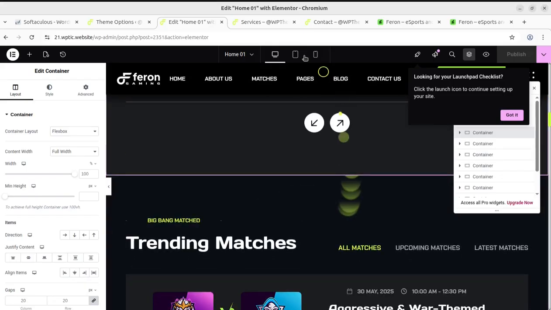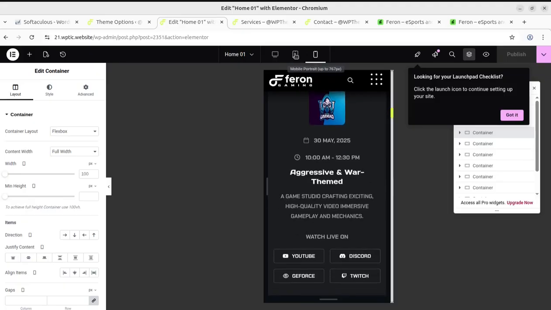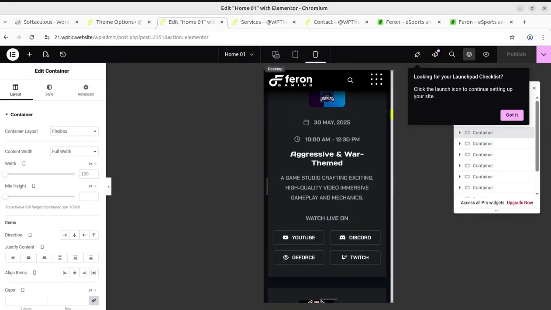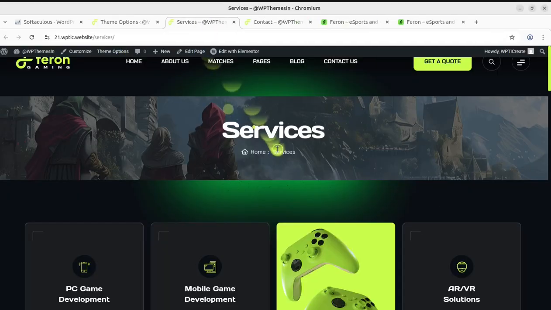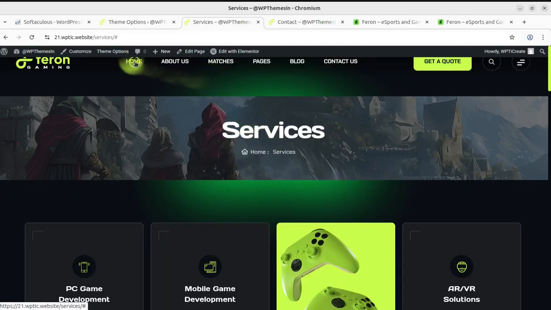So it is going to be very easy, and you can check on the tablets, mobile phone, how it is looking on the different devices. It is all Elementor feature, and I feel you can easily create your website using this Feron WordPress theme, which is especially made for gaming and eSports. So I feel I have shown you much of the things about the website installation, the customization options, the theme